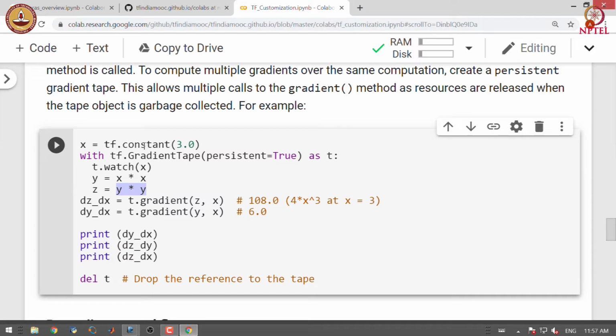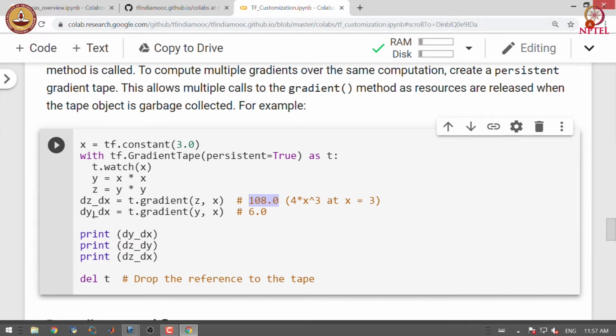Let us look at what is the gradient at x is equal to 3. So, we know that we calculated the gradient of z with respect to x is 4x cubed. So, at x equal to 3, x cubed is 27 and 27 into 4 gets us 108 as the value of gradient.